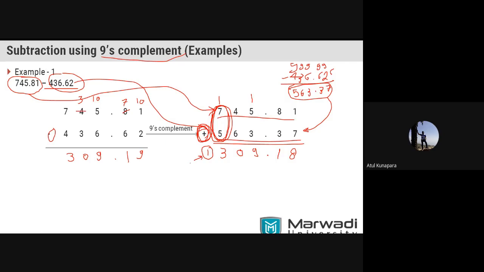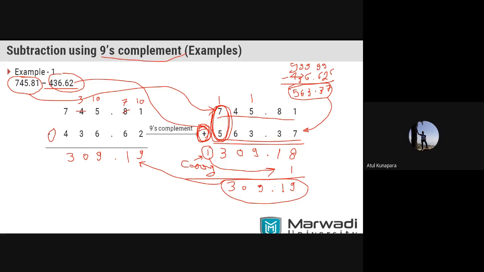this is the carry we have generated here. So if a carry is generated when you are adding that last bit or MSB, then that carry is required to be added over here. You add that carry here and do the addition again. So 8 plus 1 is going to be 9, then 1, decimal point as it is, 0, 9, as it is. Only you are adding 1 over here. So this is what your answer will be, and that will be the same as what we are getting here as the subtraction.